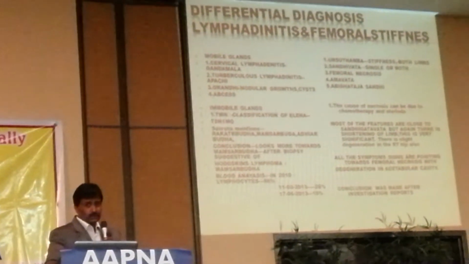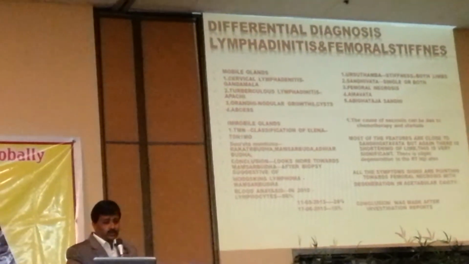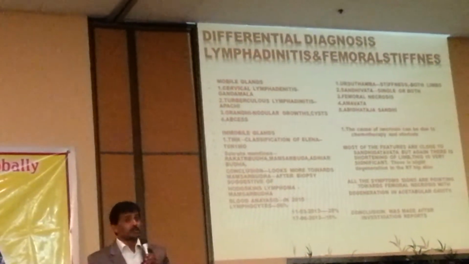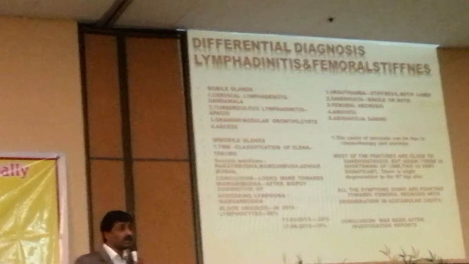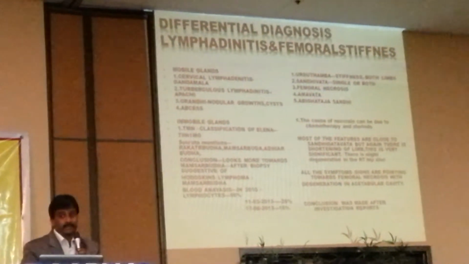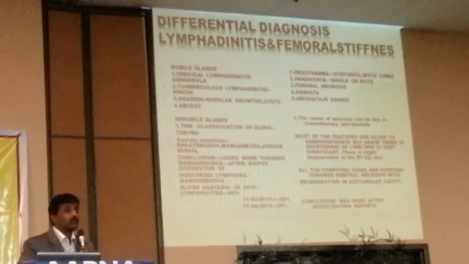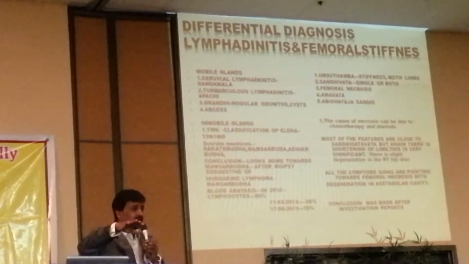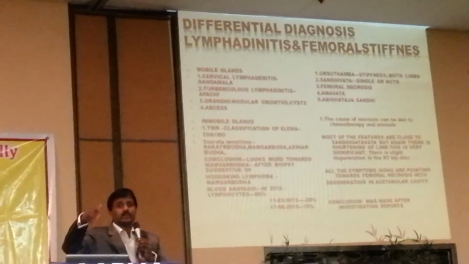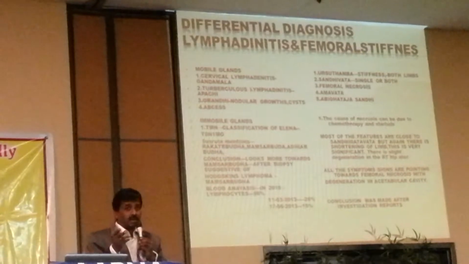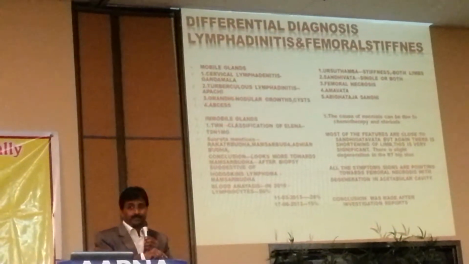We all know the supraclavicular glands are there, and the cervical lymph nodes is one. Tuberculosis of the lymph nodes is another important factor. Tuberculous lymphadenitis we need to assess, and toxoplasmosis, where lymphadenopathy enlargement will be there. So tuberculosis is one area, with the same symptoms as Hodgkin's: loss of weight, fever, chills, and all those things. The only difference is the biopsy.